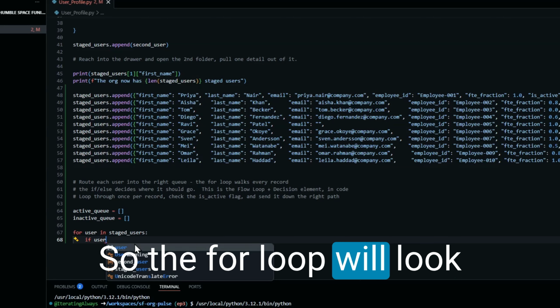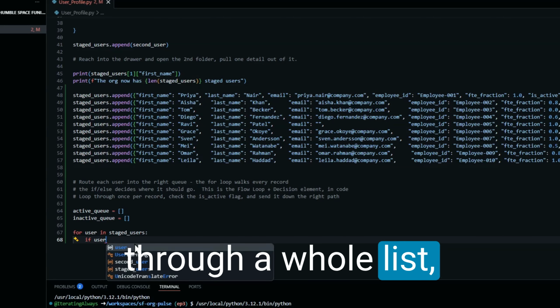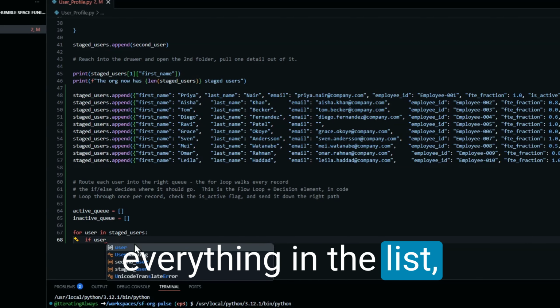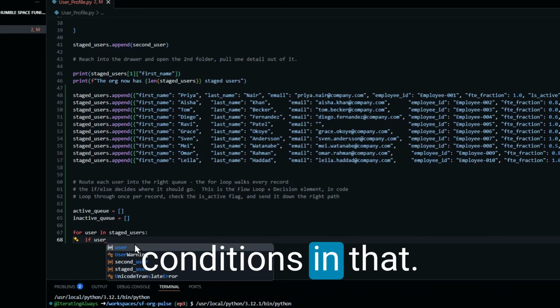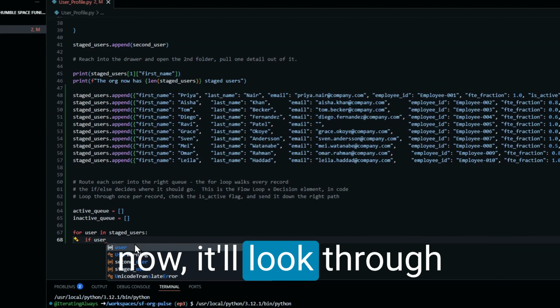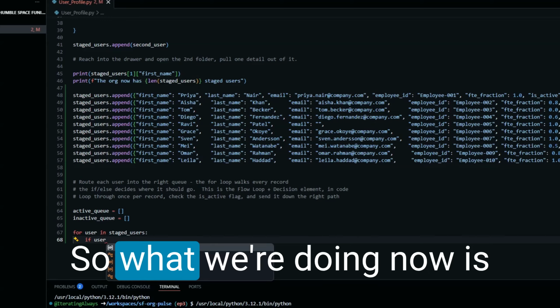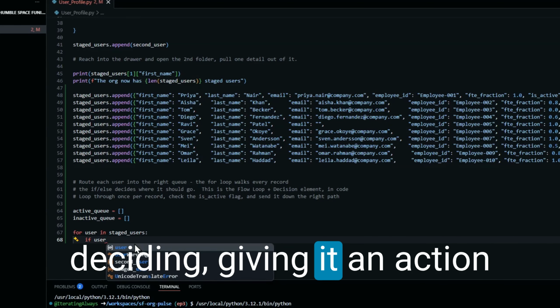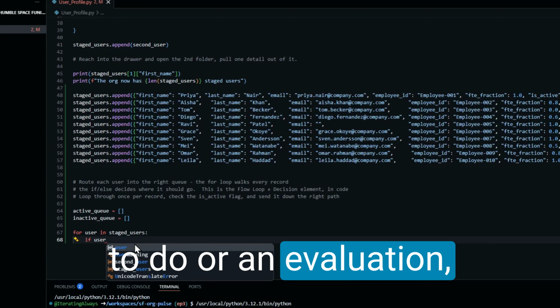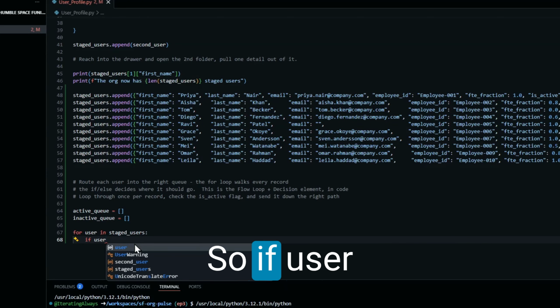So the for loop will look through a whole list, everything in the list, unless you put certain conditions in that. But the way it's established now, it'll look through everything in the list, no matter what. So what we're doing now is giving it an action to do, or an evaluation condition to put in. So if user